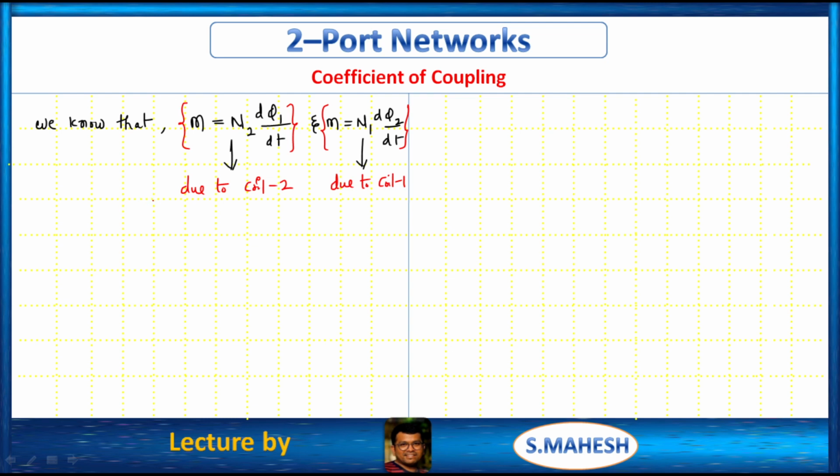If you multiply these two, let us say this is 1, this is 2, 1 into 2 is equal to M square, which is equal to N1 N2 phi 21 into phi 12 by I1,